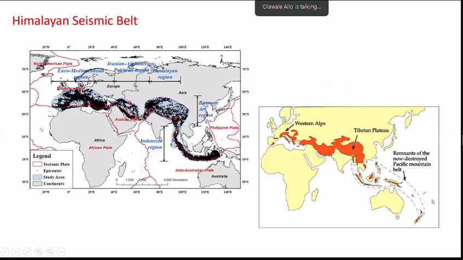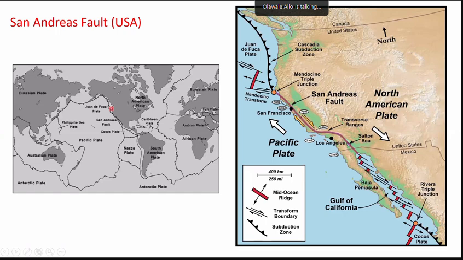The San Andreas Fault in the US, you can see. It's a transform fault. This is how it looks. You can see the San Andreas Fault. This is where it is, somewhere here. And this is one map. This is Africa, this is South America, North America. The enlarged map is what I showed here. This is Canada. This is the United States. So everywhere here is the United States. Now you are going south. This is Mexico and all that. So the San Andreas Fault is a transform fault.